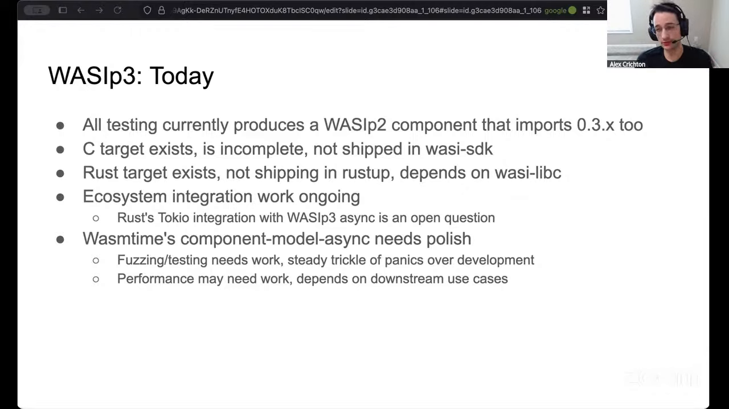For example, in Tokio, it's an open question of how to integrate the component model level async into Tokio. And then there are a few more final aspects of Wasmtime's component model async implementation. We've been discovering a steady trickle of panics during development, so we definitely need to be working on the fuzzing